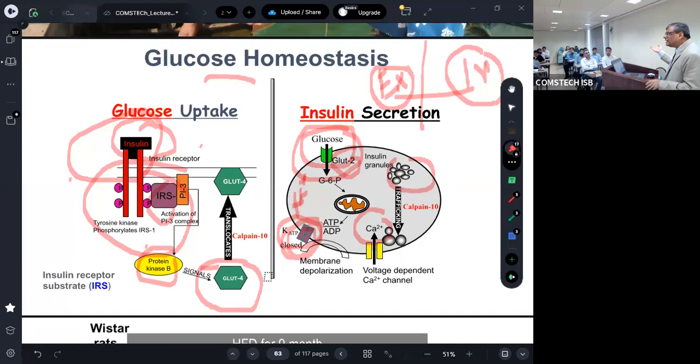Blood glucose will be high. This is the mechanism of diabetes. Glucose is there, insulin is there, but if there is less insulin production,